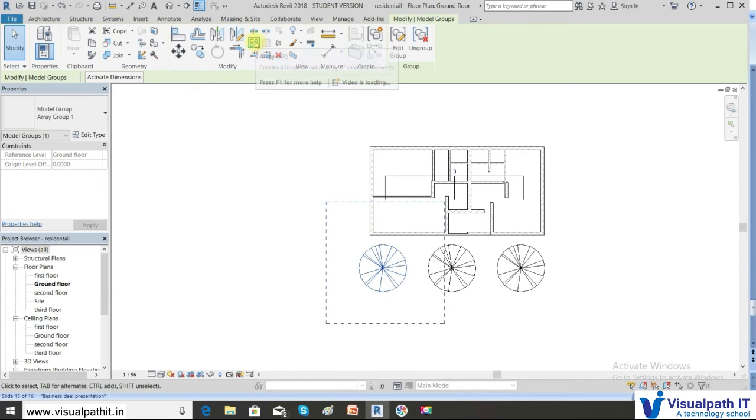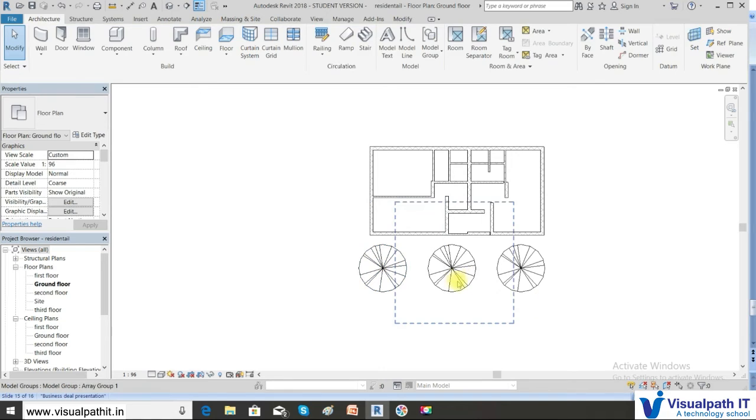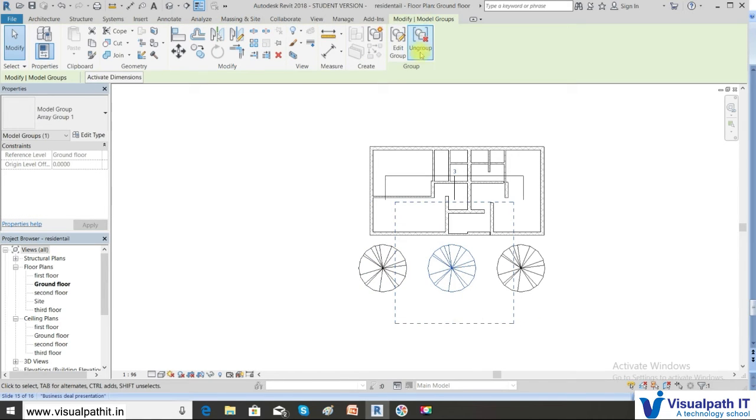How do I find out? When you select it, here you have the group, edit group. So once I try to do any action, all 3 will move accordingly in a single fashion. So suppose you want to move only this portion, edit only one part, then you need to ungroup it. Only then can you move a single element when you array.